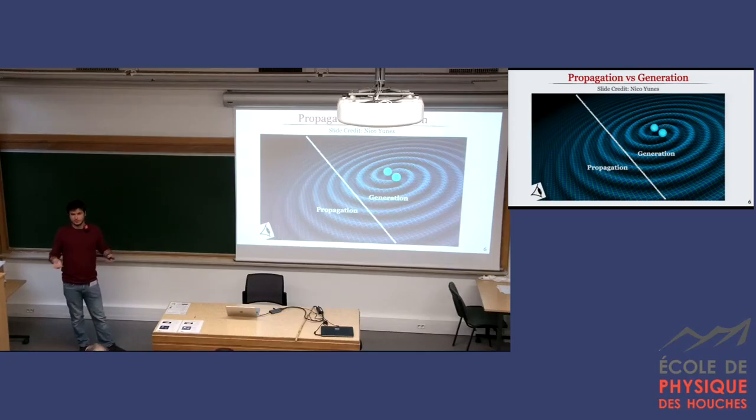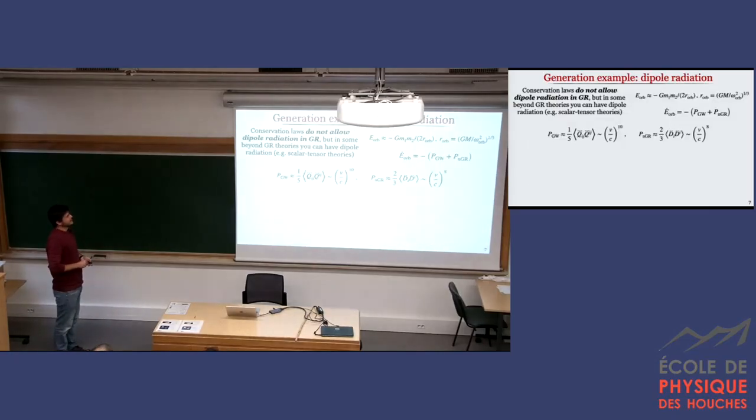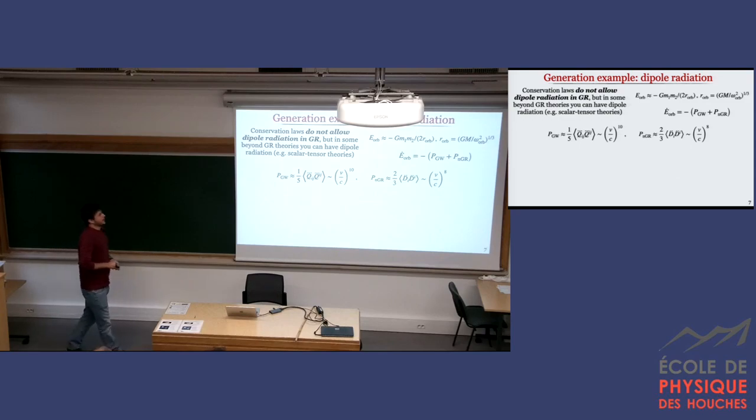But so let's say if we could do it, ideally we would compute generation in a given theory and then test all these things on propagation. In practice, we don't always do it because we cannot always do it. Sometimes the calculation is just too hard to do. Okay, to give you an example